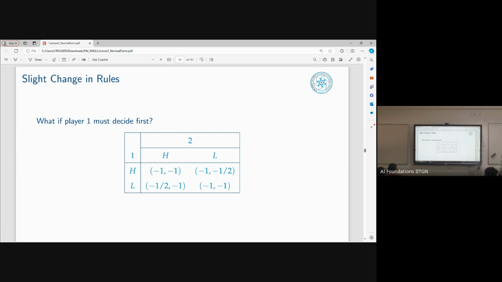But what I'm trying to say is, what if player one decides to go first? Based on his decision, I make a decision. So my strategies and the entire way in which you decide how the game works will change. Right? So for that, what we need is a newer representation of a game. This representation of a game is not sufficient for us.